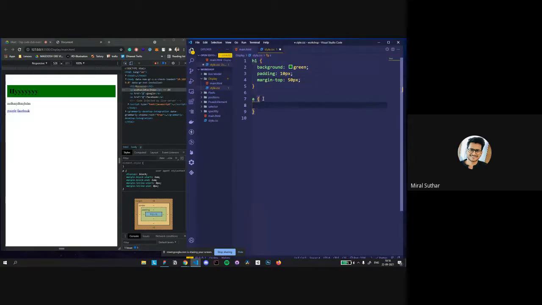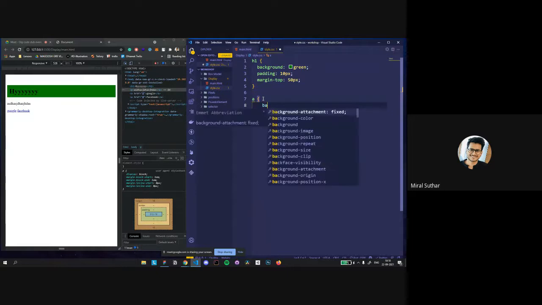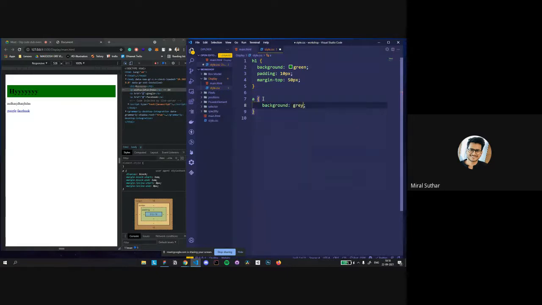With the anchor tag, you can't style them like this. You can add the background still, but you can't add the padding.